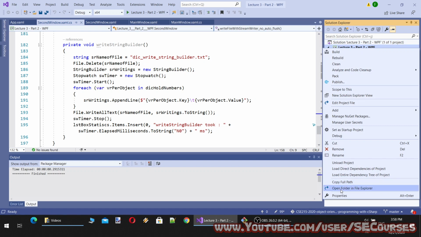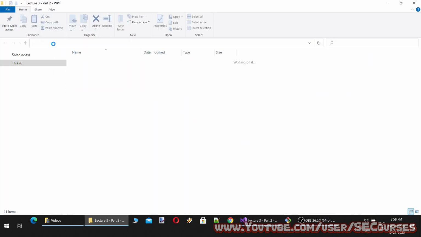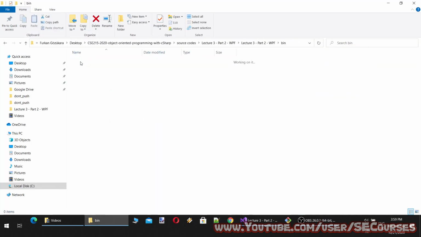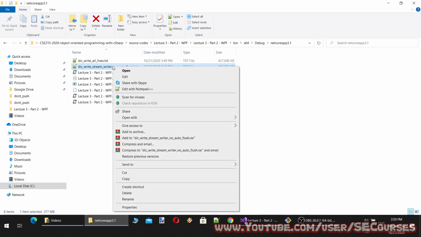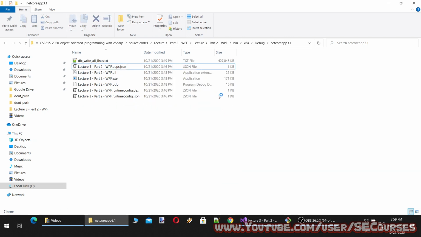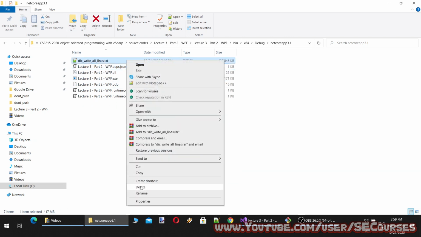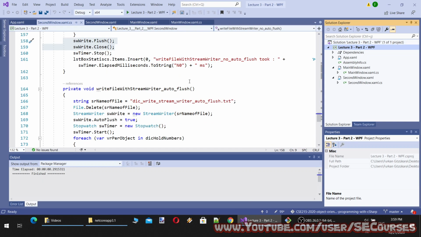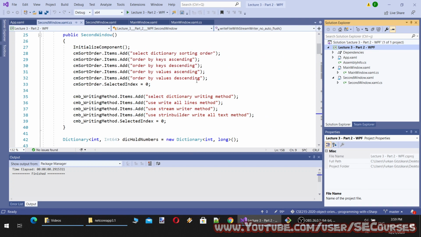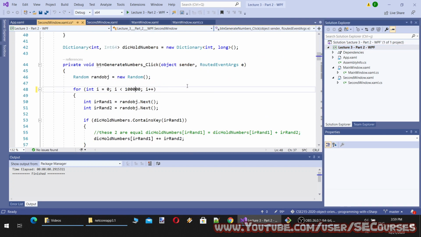Okay, I will try StreamWriter with a low number of elements. Let's try with only 100,000 elements.